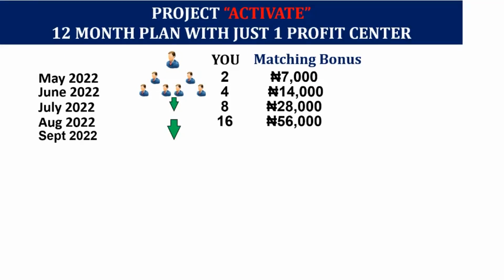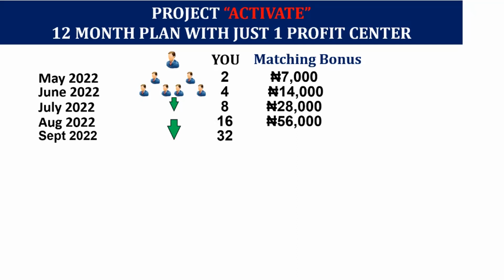your business generally, but if you decide to be focused and pay attention to this Activate project, in September, 32 new persons will join you. Now remember, the new people who came in August are the only ones who sponsored just 2. Every other person is working with them to sponsor 2. And 32 persons have joined your team.